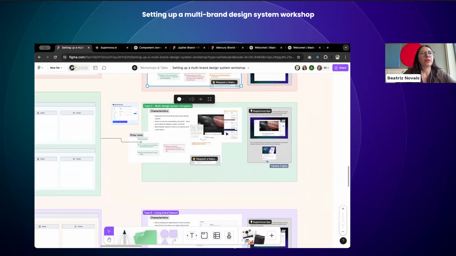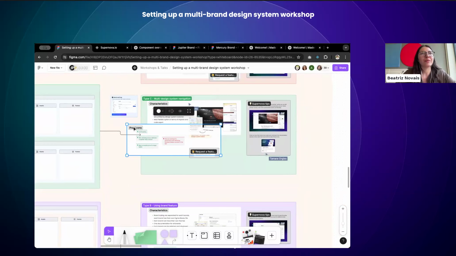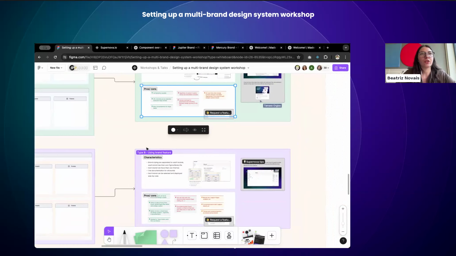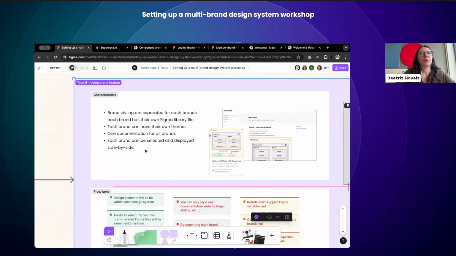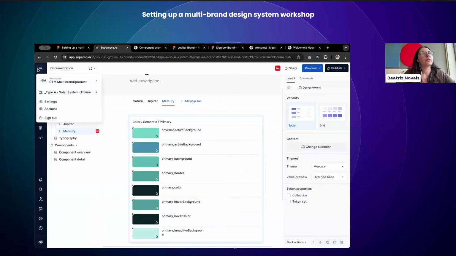Moving on, I'm not going to go to design system type C yet. I'm going to go to type B first. So this design system setup is the one where we enable the brand functionality of Supernova. And how this looks is,